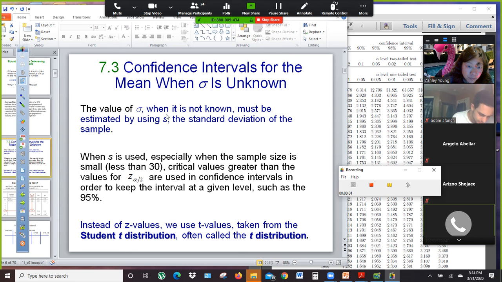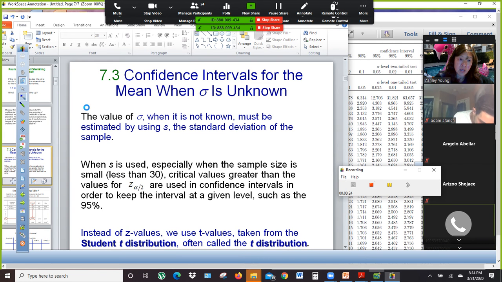Very rarely ever do we know what sigma is and not know our mu. So in all these problems, we're trying to figure out what mu is. And so it's really unrealistic to ever know sigma, because why would you know sigma and not know mu? So instead, we're going to use S instead, because remember,